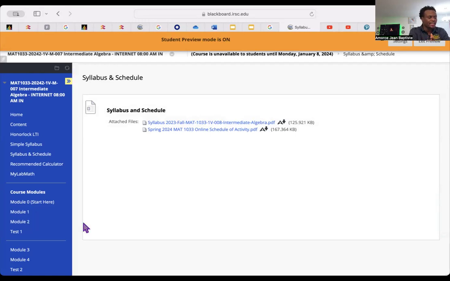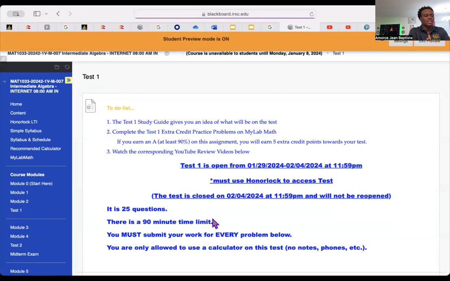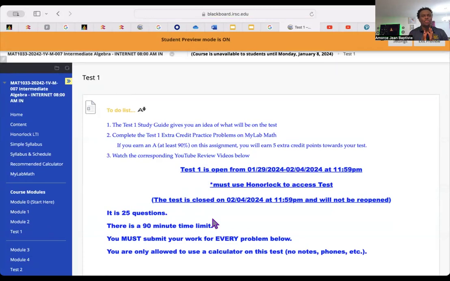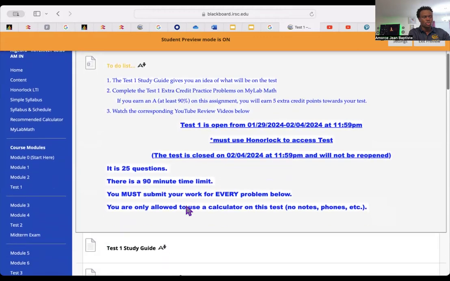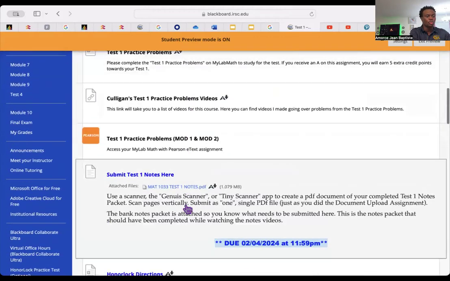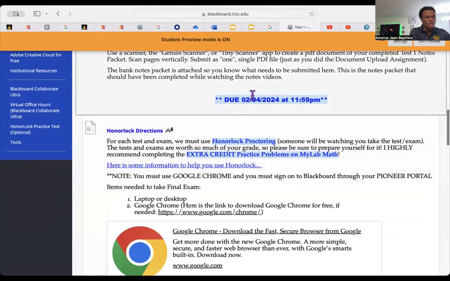And talking about tests, tests demand preparation. And that's why you have a week to work on each test. There is no other assignment for the week that you're taking a test. So first of all, when it's test week, you open the test folder, like for example test 1, and you read the process. You know your due date.